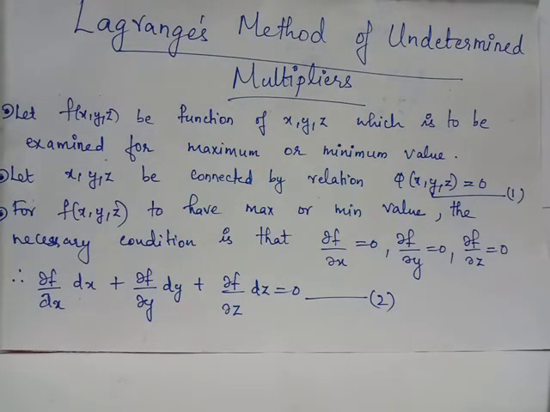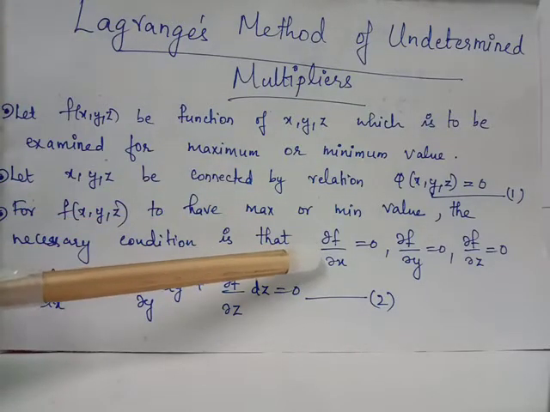value we wish to examine, and from the physical problem we considered, we will get conditions which connect the independent variables x, y, z and call that relation phi of x, y, z. From the question given, we get the relation phi of x, y, z is equal to 0. We know that from the concept of maxima and minima, the necessary condition for a function to have minima or maxima is obtained from the relation fx equal to 0, fy equal to 0, fz equal to 0, or we get the necessary condition for a maxima minima existence by equating the first order partial derivatives of the function f